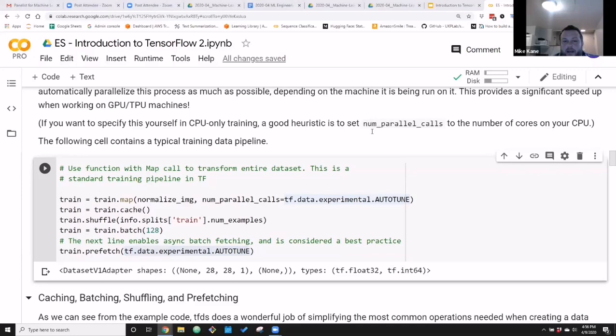So yeah, this is going to make it a bit better. It's going to make it a bit faster here. You always want to prefetch your data. And what this is doing is it's basically telling TensorFlow, go ahead and grab as much, get as prepared as you can for this here, right? So it's going to prefetch those here.